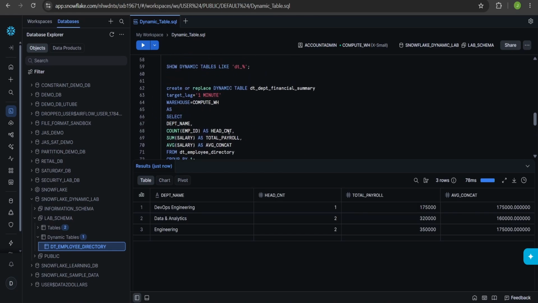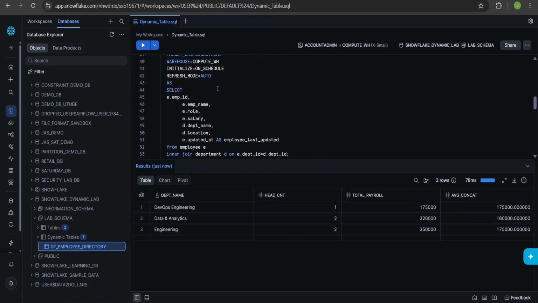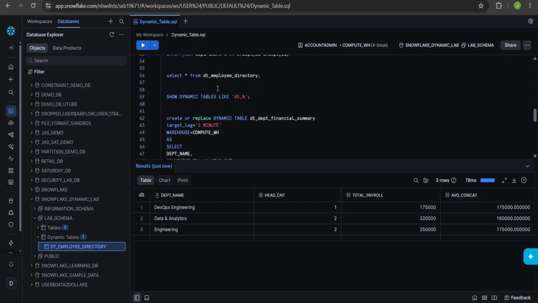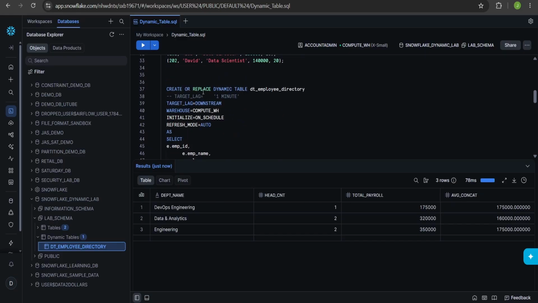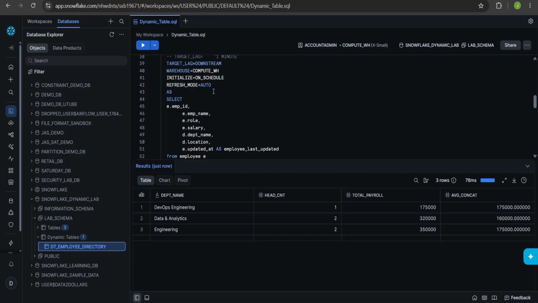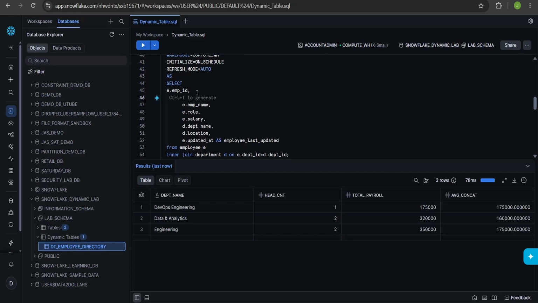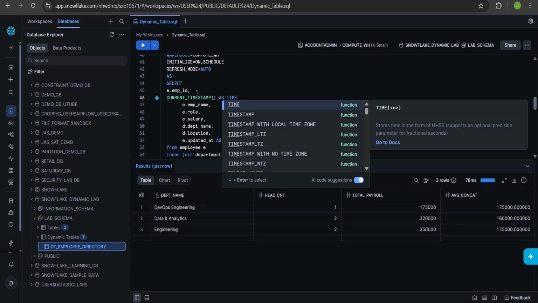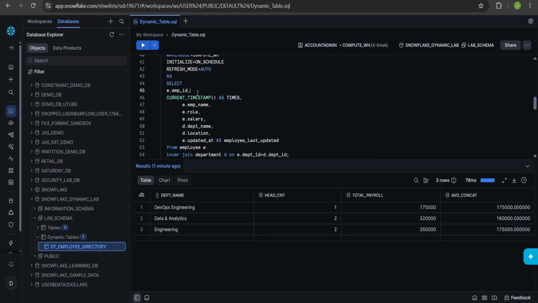So if you use non-deterministic functions inside your dynamic table, that will create a problem and I want to show you that as well. Let's say this is my dynamic table only and now here after the employee ID, I will say current timestamp. So this is a non-deterministic function because this will keep on changing every millisecond or every second, right?